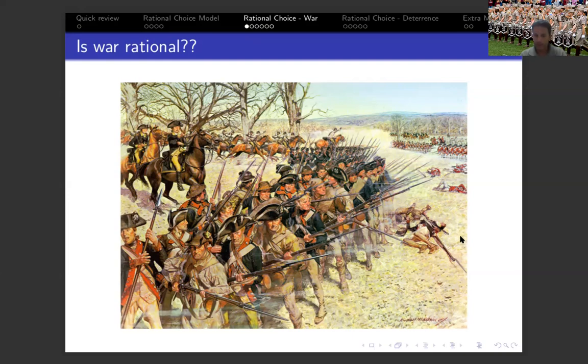What you have here is a picture that I found online from the American Revolutionary War, and this is just an illustration of the way that wars were fought at the time. Two columns of soldiers stood at a certain distance from one another, each raised their own rifles and shot at the other column. If you happen to be in the way of the bullet, you died. If not, you can shoot again. And when you think about it now, without going into the theory of rationality, how can we even explain that as rational behavior, standing like that, shooting against one another? So let's try and do that.